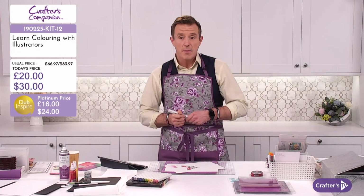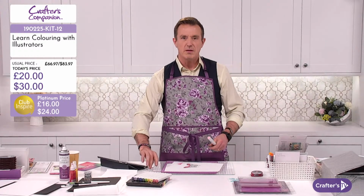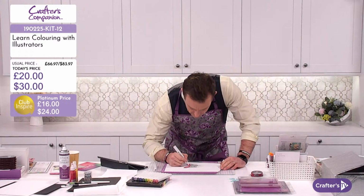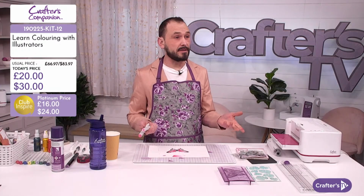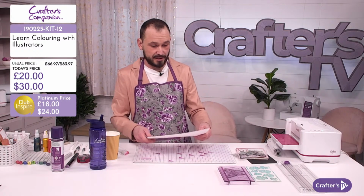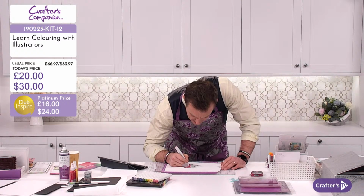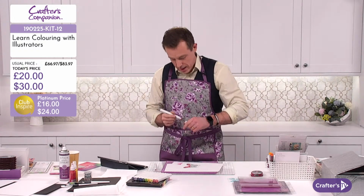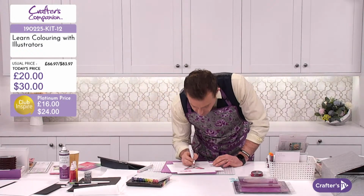I'm really enjoying this. Are we just going to carry on colouring? You could keep colouring if you wanted to. I could shimmer spray a bit of my butterfly. You could paint in with the shimmer spray into the butterflies if you wanted to. I can do a little technique. Are you doing shimmer sprays now? Yeah, we all are. Oh, class is moving on, I've just been told. Okay, well, I'll leave a bit of my butterfly uncoloured, and then we'll do some...